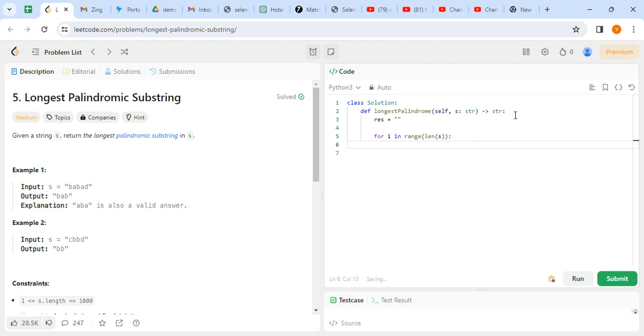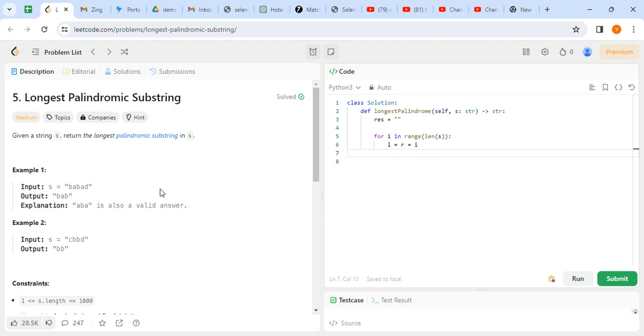So let's say I is our iteration at line number 5. Initially L is equal to R is equal to I, because every character itself is a palindrome,